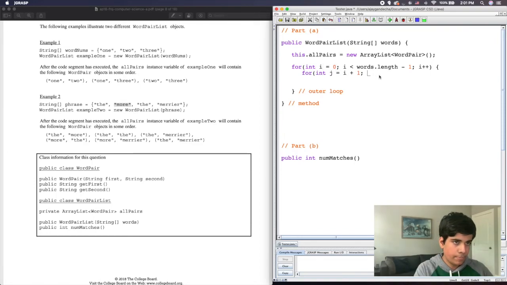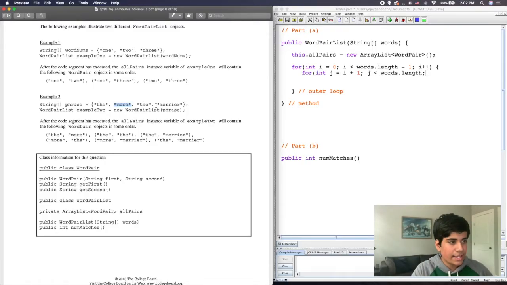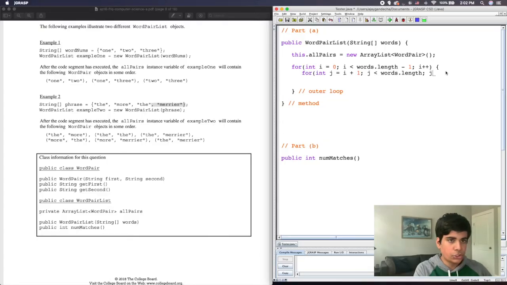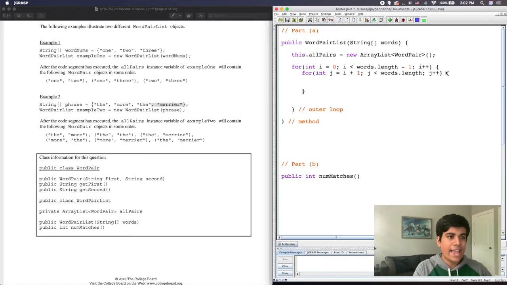I can say j, and in terms of where I end my loop, it's going to be words.length, because this time I'm ending it at the end. Instead of ending it one less, I do want to go to the last element inside of my words array. And then lastly, I do j++ as my counter. So now I have an outer for loop and an inner